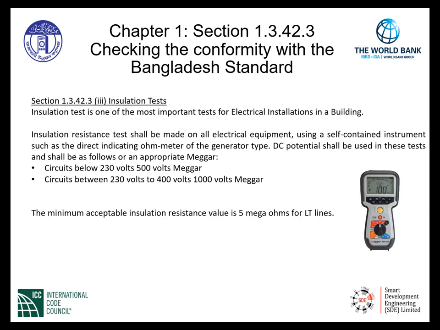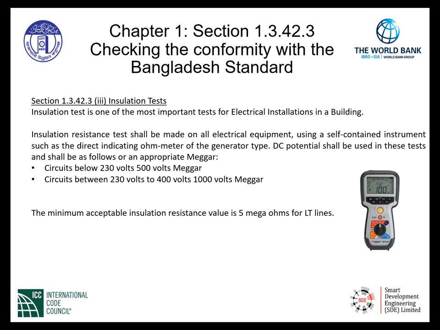Insulation tests are given in item 3. The insulation test is one of the most important tests for electrical installations in a building. Insulation resistance tests shall be made on all electrical equipment using a self-contained instrument such as a direct indicating ohmmeter of the generator type. DC potential shall be used in these tests and shall be as follows, or an appropriate